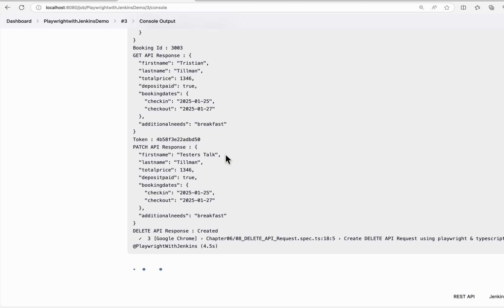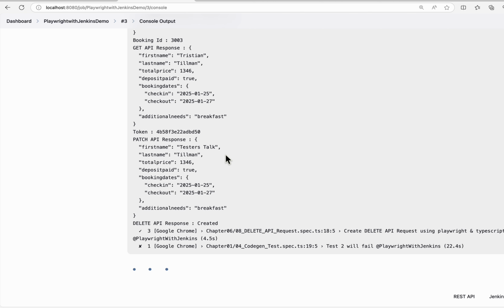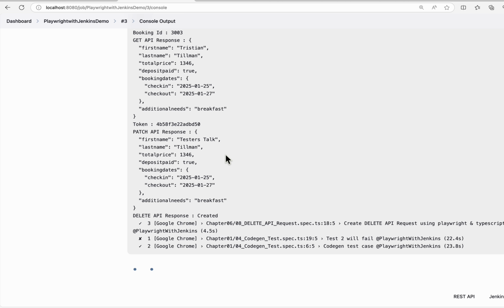We have a total of 3 test cases. Out of them, 2 will pass and 1 will fail. And the failed test case will automatically retry for the execution because we have specified one-time auto retry for the failed test case execution